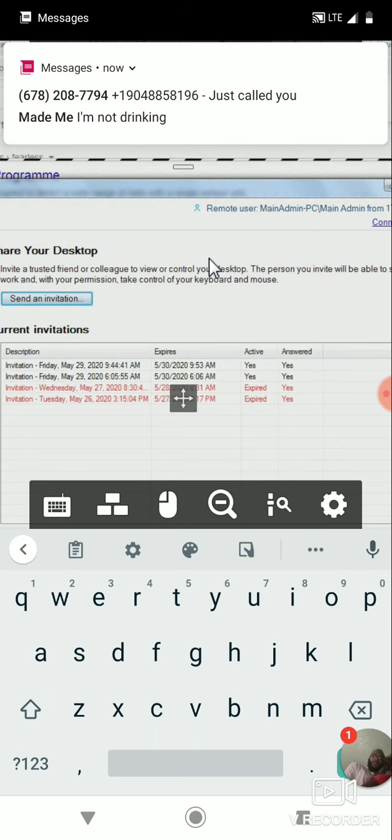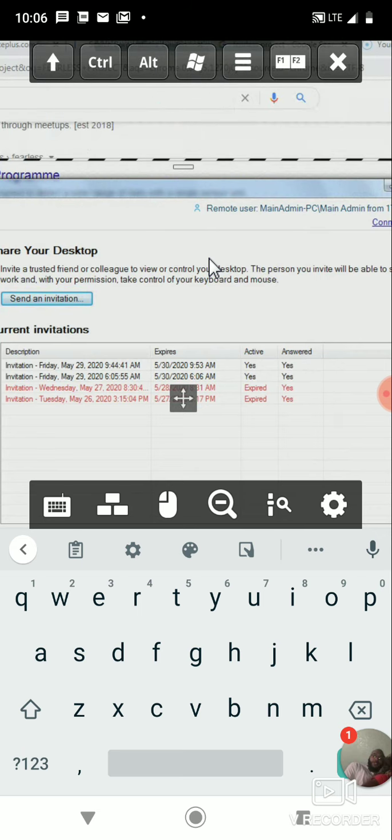Okay, so it just told me that the connection was lost. Therefore, let me go back to LogMeIn and see. And it's actually loading right now. Yeah, okay. Let me go back to LogMeIn. Where is it? And we can show you how to use this with